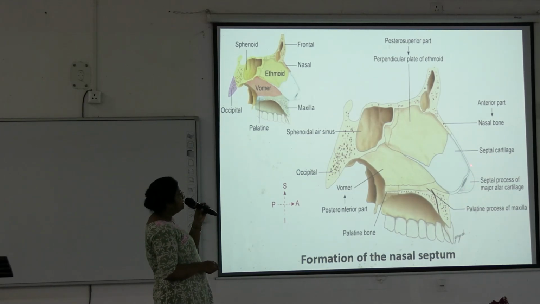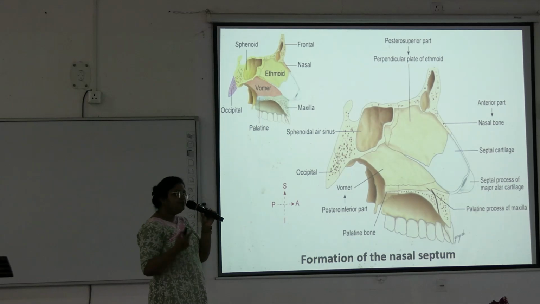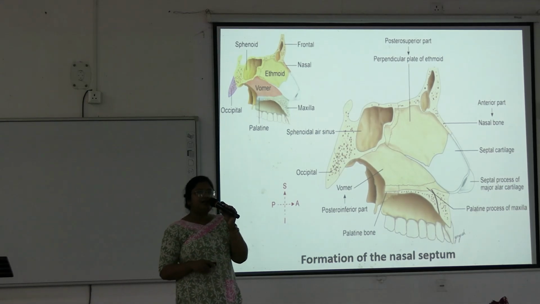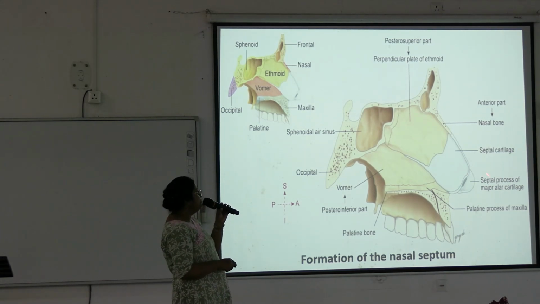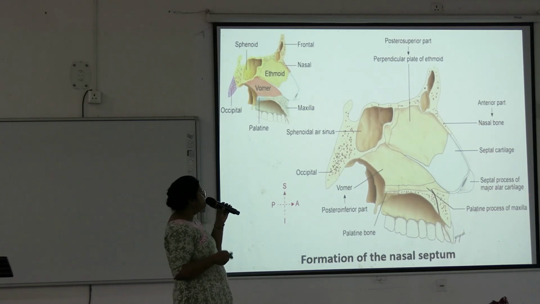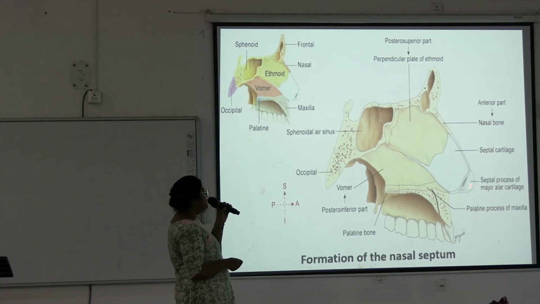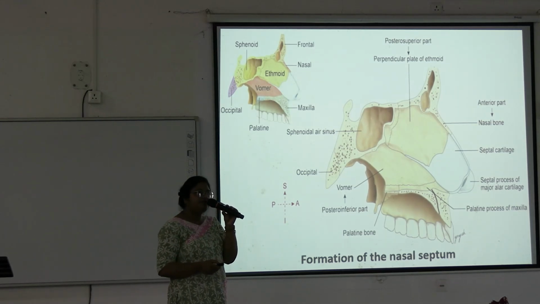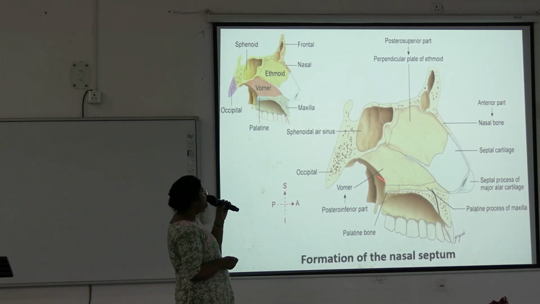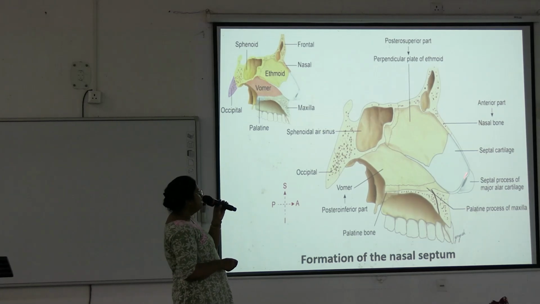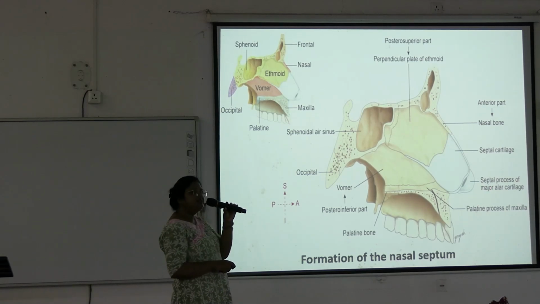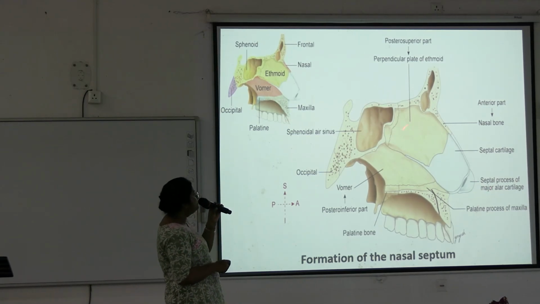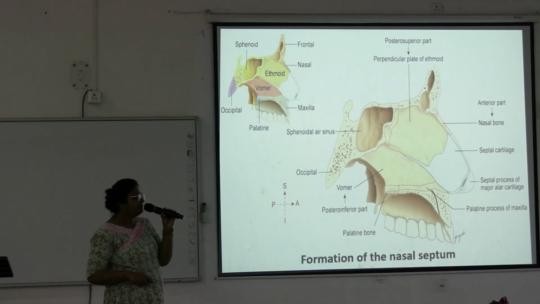In between these two structures, in this area, the nasal septum is formed by fibrofatty tissue. That part is known as the cuticular septum. And the lowermost end is formed by this septal process of the major alar cartilage covered by the mucous membrane. This part is forming the columellar septum. So, this whole part is forming the nasal septum proper. Next here will be the cuticular part and lowermost will be the columellar septum. So, these are the different parts and structures forming the nasal septum.